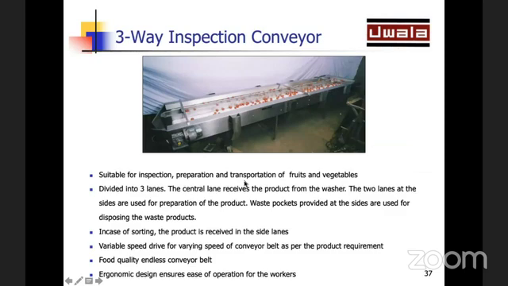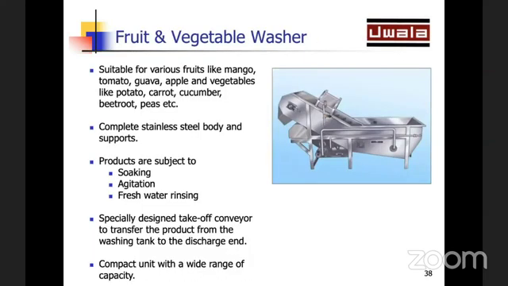So what you have is a sorting conveyor. In the sorting conveyor, essentially the sorting of the tomatoes is done. The waste or the discarded tomatoes can be separated, and only the tomatoes which are acceptable and which we want to take for further processing are selected. Then it goes to a vegetable washer machine. We had seen the vegetable washer machine earlier, in which we wash the product thoroughly, and it is cleaned of